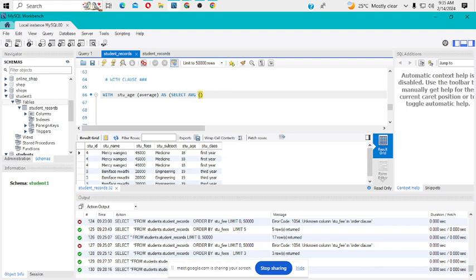AVG is to mean average of the student ages, and I want to check the average of student age. Let's just have this, the STU underscore age,